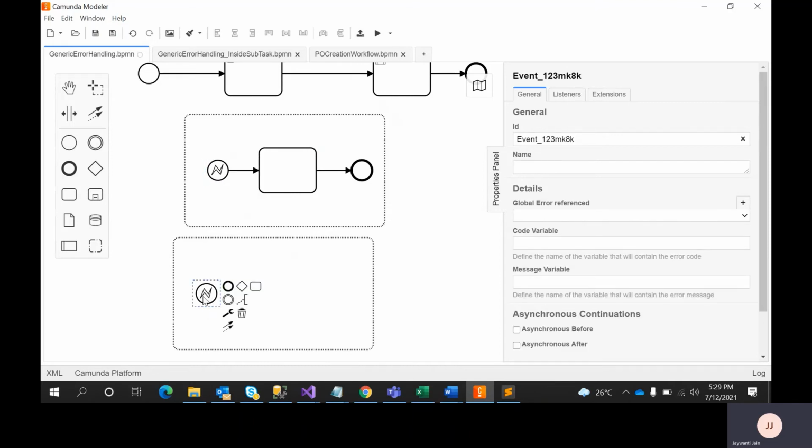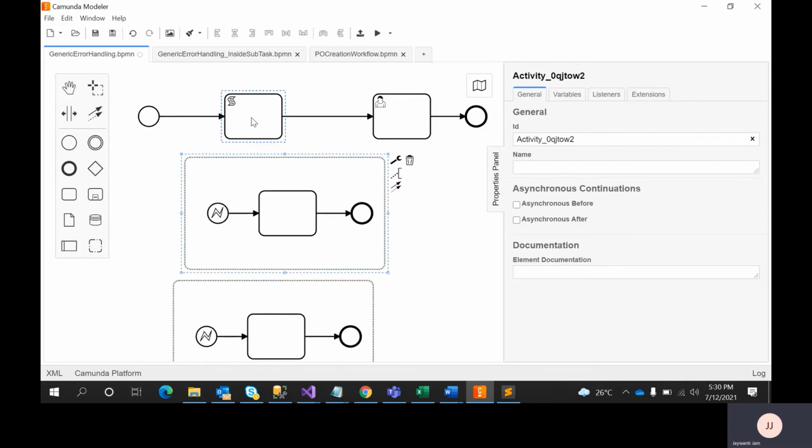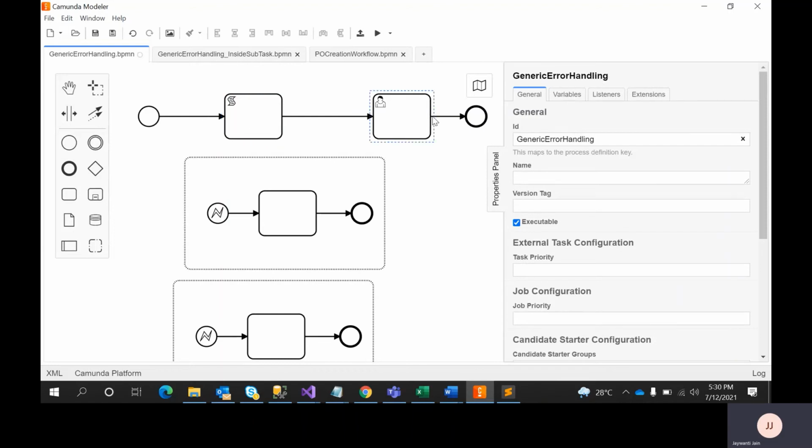If a 500 comes, it means some logic failed inside your API. So here you want to do something different, like notify the developer that your logic failed, or you can end the process. In this way you can have multiple sub intermediate events where you are throwing and catching. Not only in script tasks, you can throw in an API call as well.